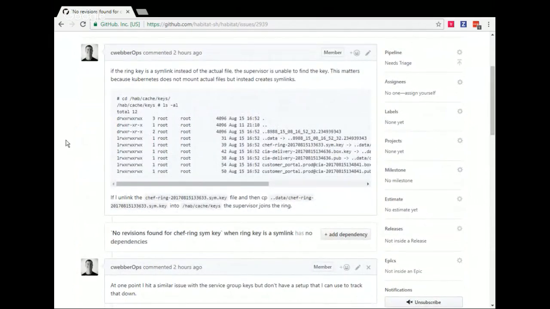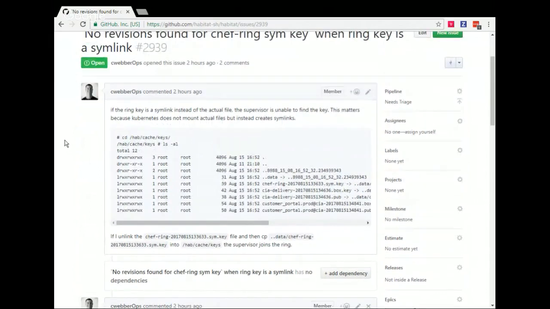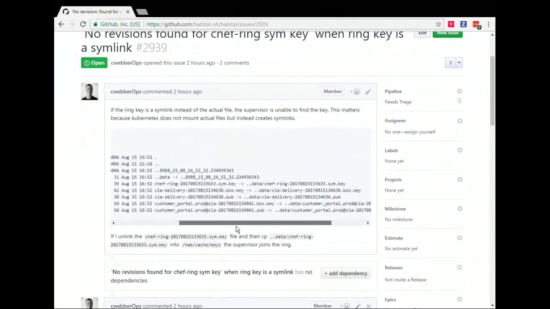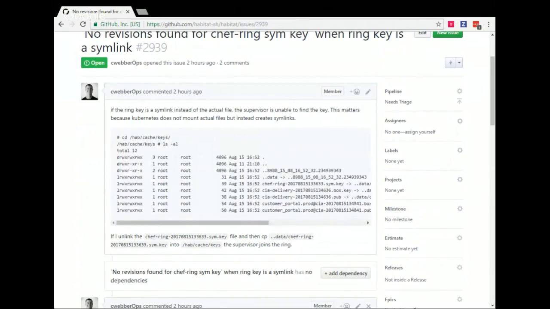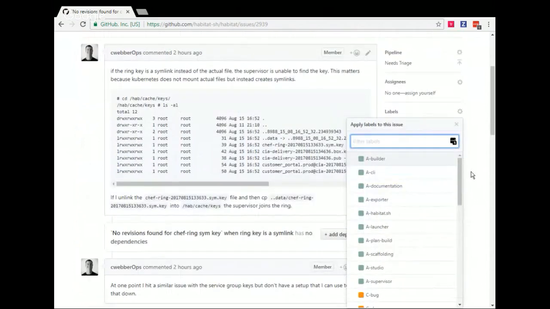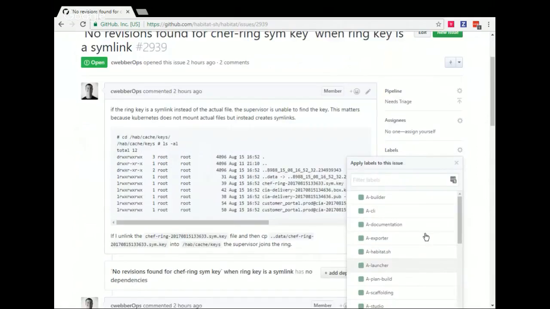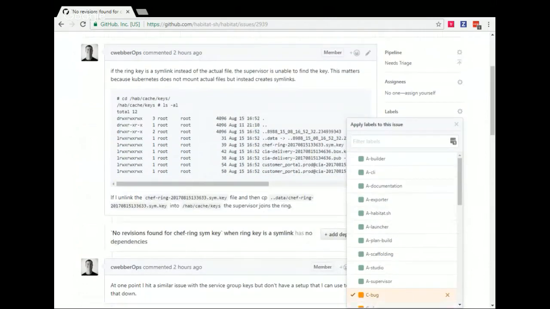Basically, however we're parsing the ring keys right now, we don't recognize symlinks as being valid for the actual file type. It needs to be a literal file. So it's not a bug that I've seen before, but I would assume it's something that we are going to need to fix, because I would assume that this is not expected behavior.